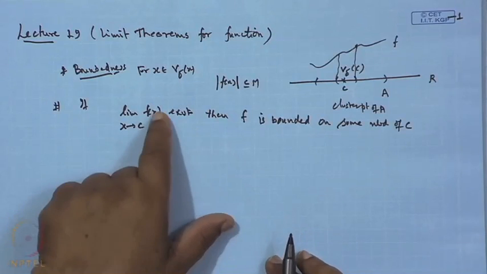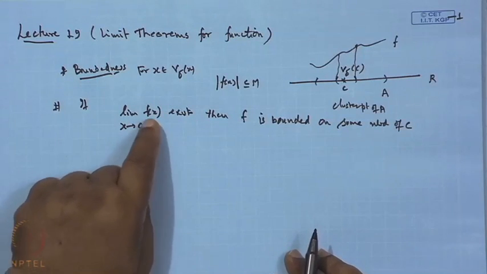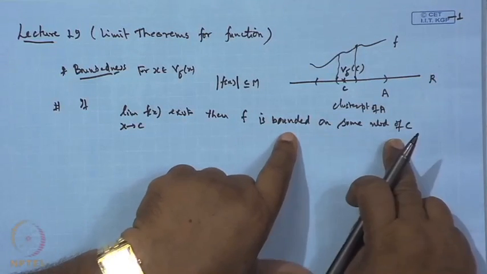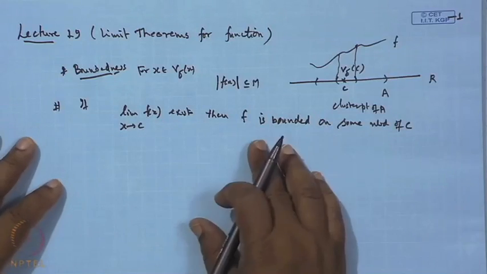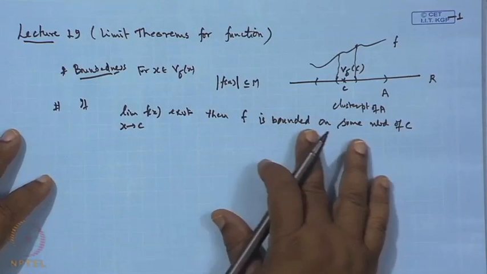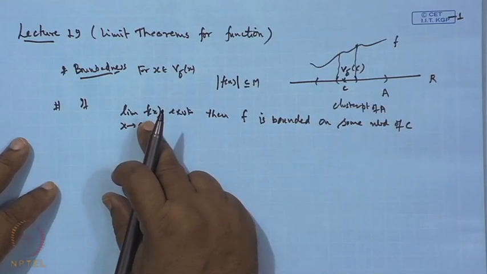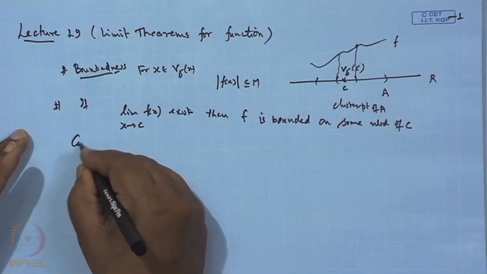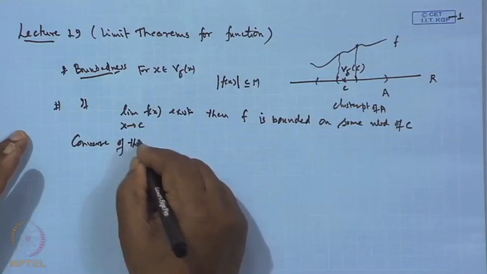Now, this result we have proved only one side. If the limit of f of x when x tends to C exists, then only we can say the function is a bounded function. What about the converse part? The converse means, if f is a bounded function on some neighborhood of a point C, can you say the function has a limit at C? The answer is no. So, the converse of this may not be true